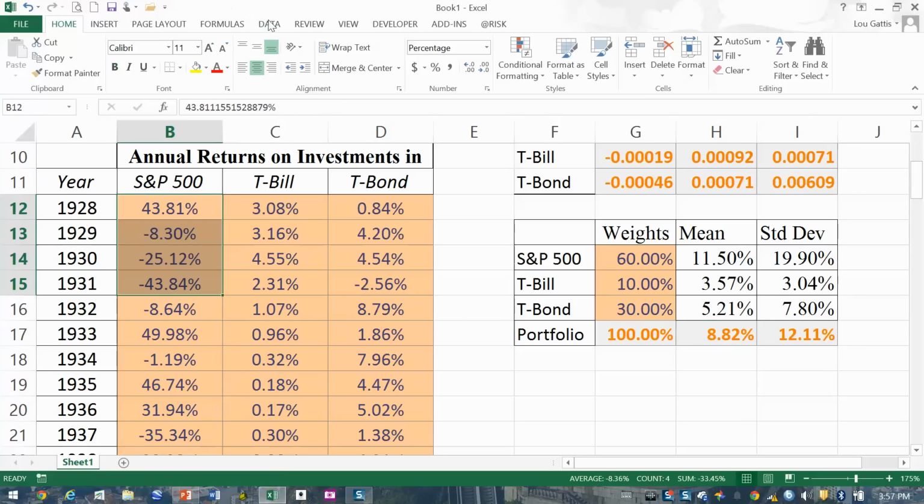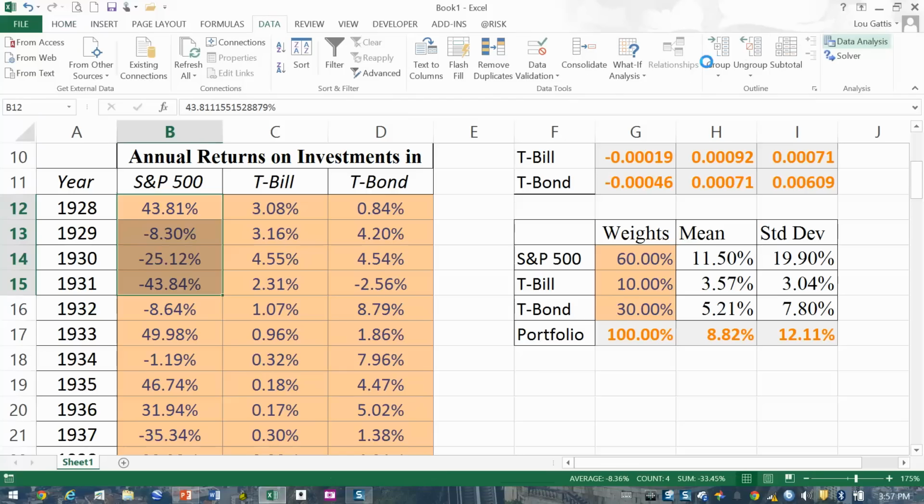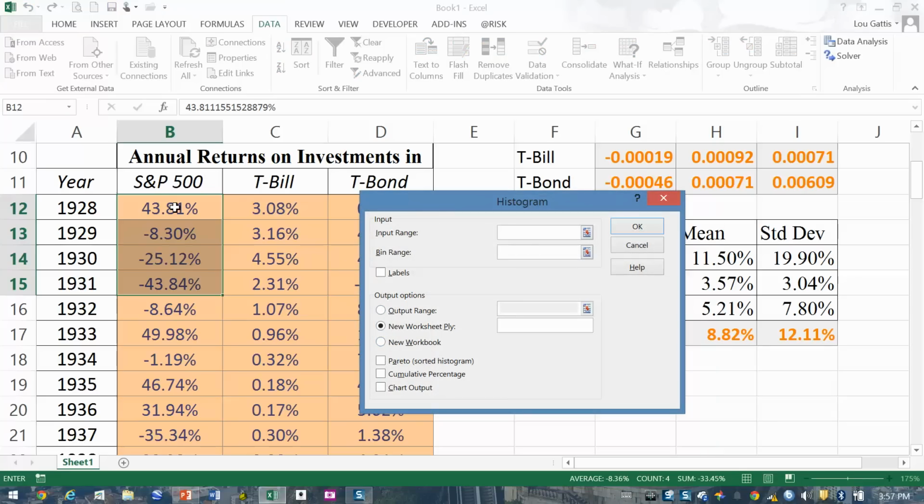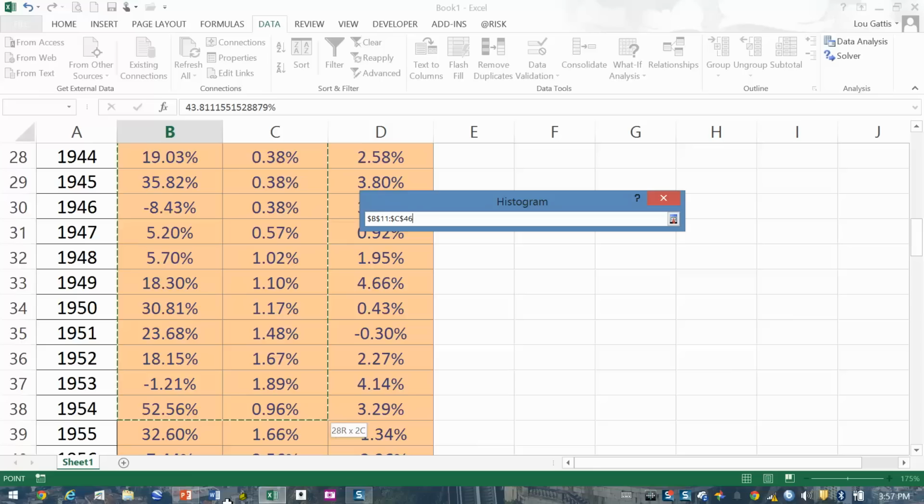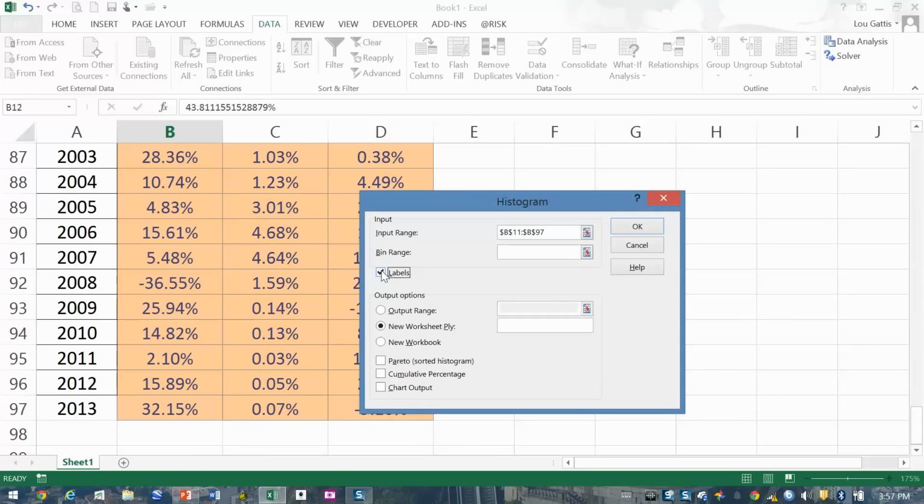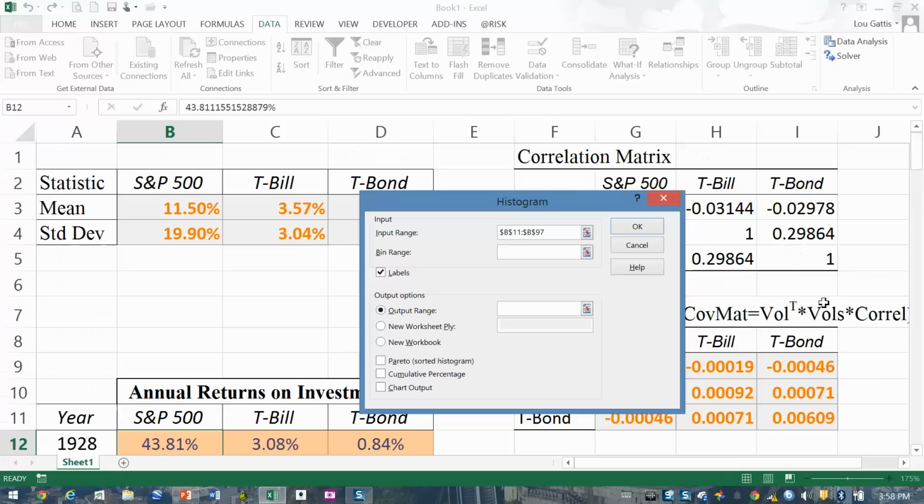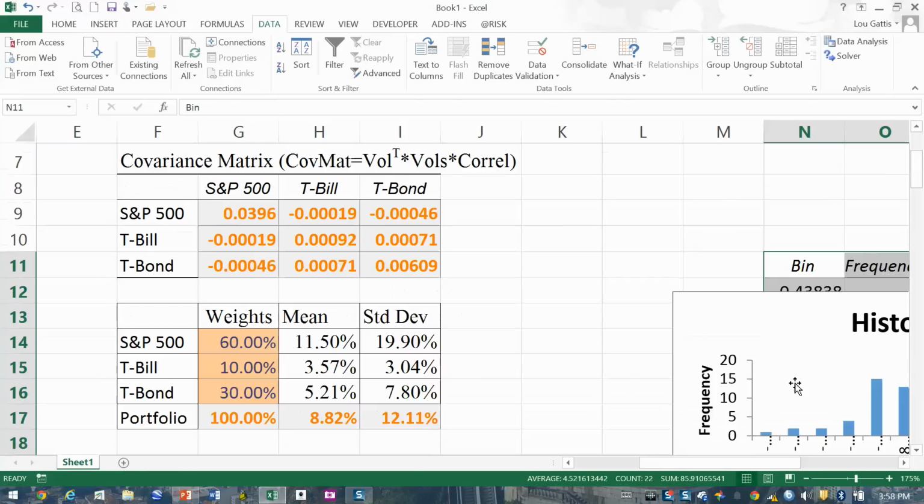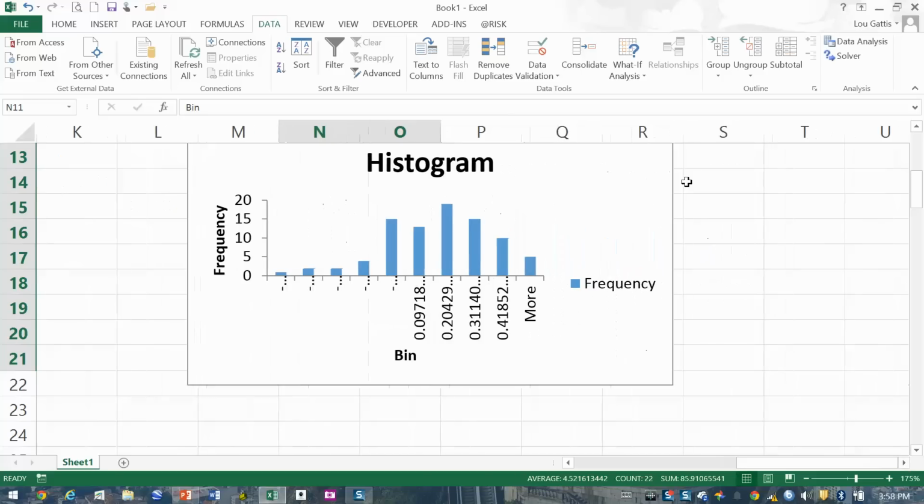And so I could do a data analysis histogram, and I could put in my stock returns, including the label. Click on label, and I could graph it, say somewhere out here, and maybe add a chart. So if I look at the last 80-some years of stock returns,